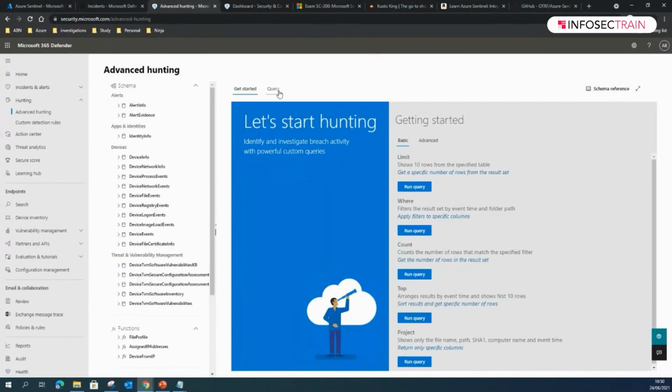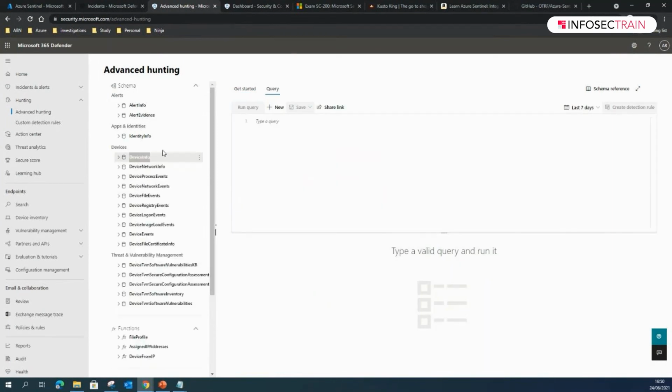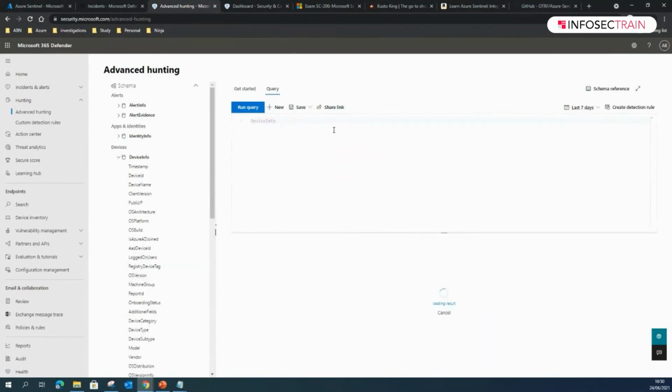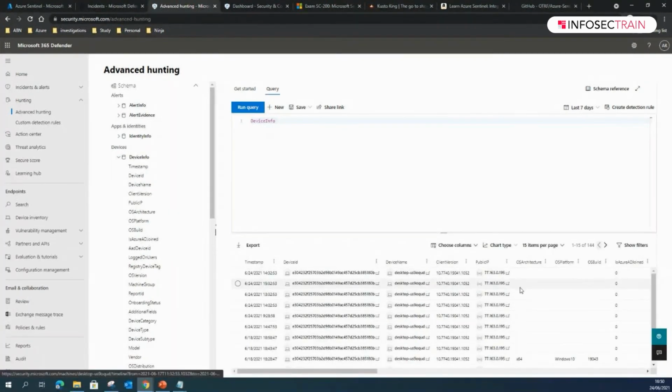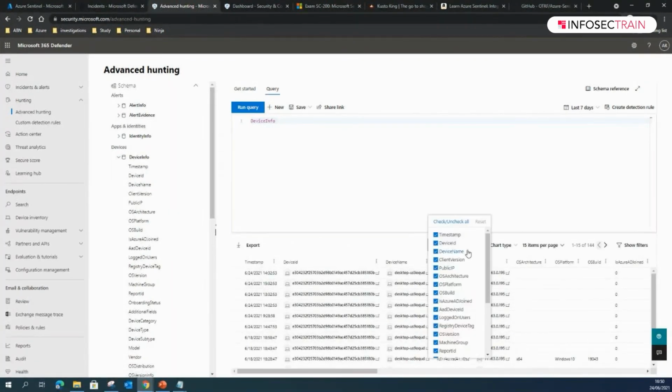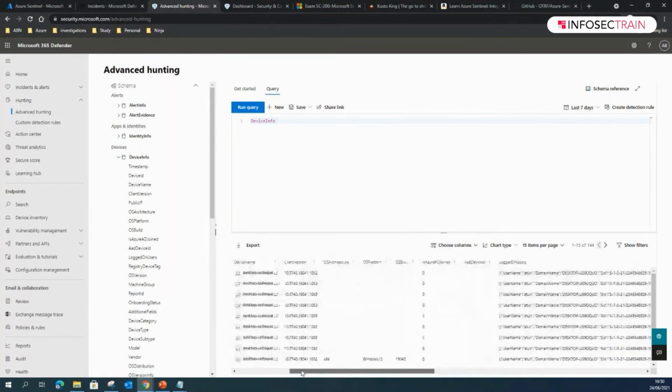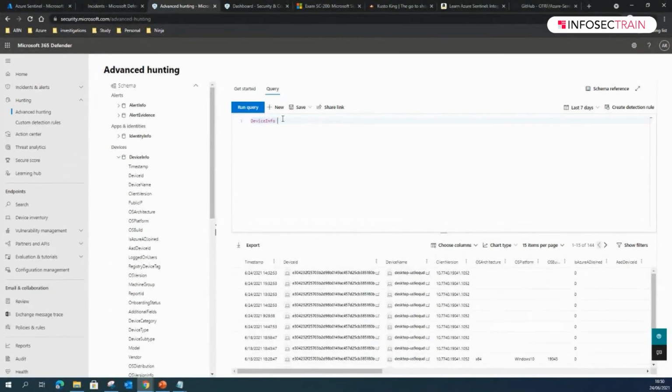Then we can go directly to queries. So just type DeviceInfo, and then it will show the results of all the devices that are connected to it. Anything that you want. Also, if you want to use KQL and do something with it, I think